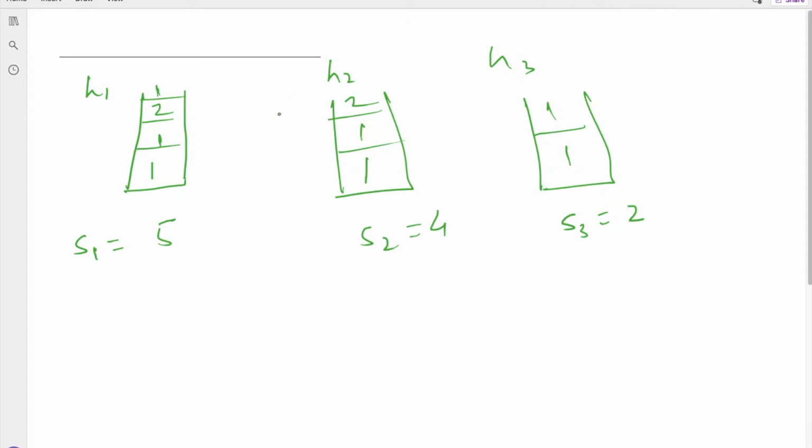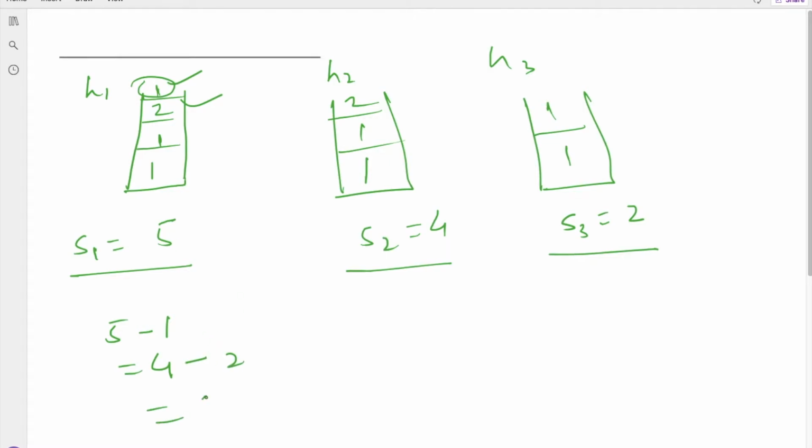Now what we have to do here is return the maximum possible height such that all the stacks are exactly of the same height. Stack 1 is of height 5, stack 2 is of height 4 and stack 3 is of height 2. If I remove this top value from stack 1, I get height 5 minus 1, which is 4. Again after removing the second value 2, I get 2.